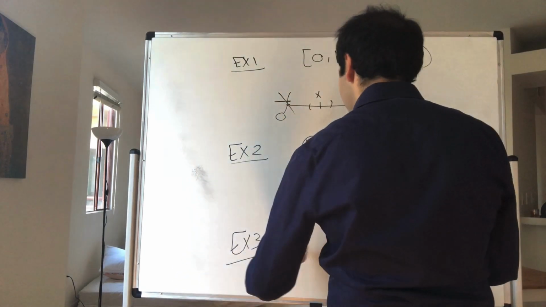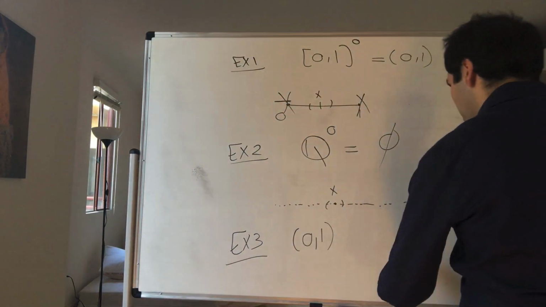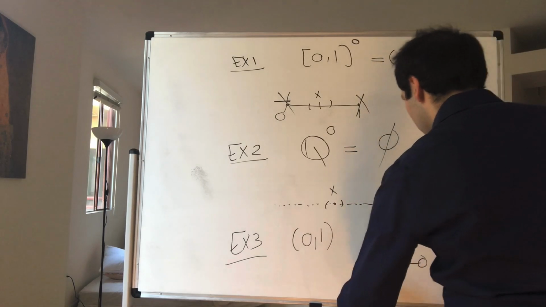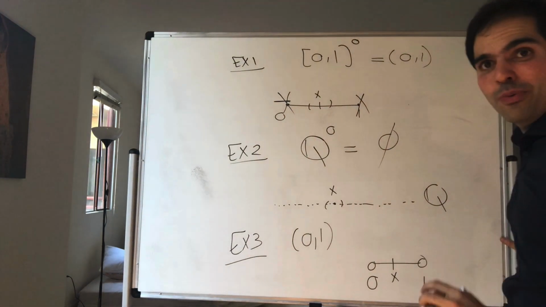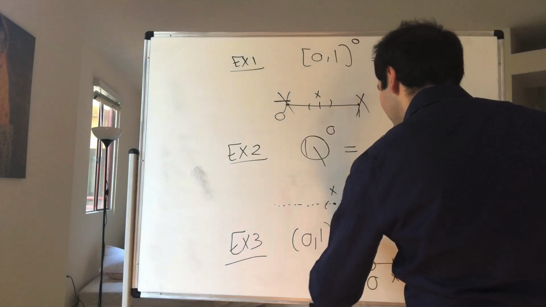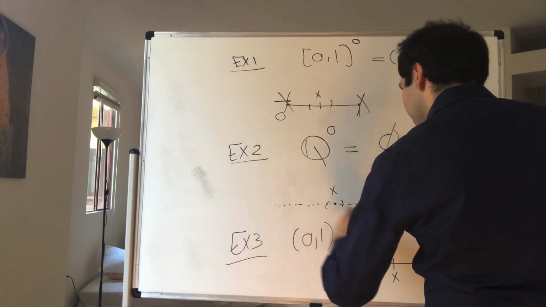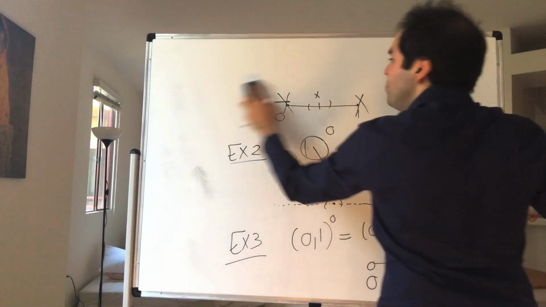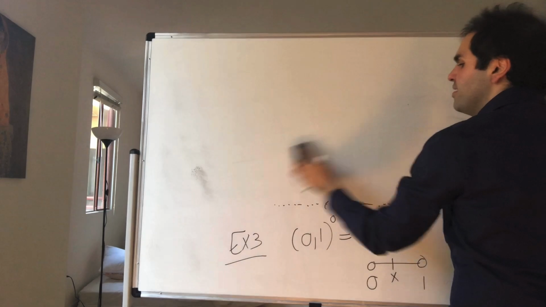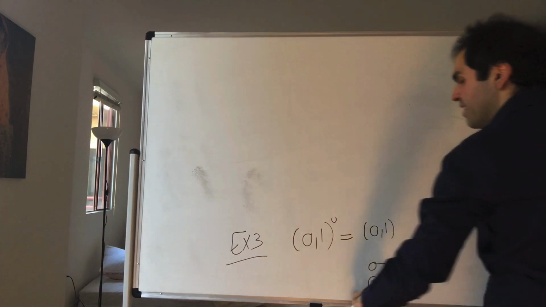And last but not least, what about the interior of (0, 1)? Well, any point here is an interior point. For any point, you can fit a little ball. So the interior of (0, 1) is just (0, 1). And in fact, you may notice this is true for any open set. So